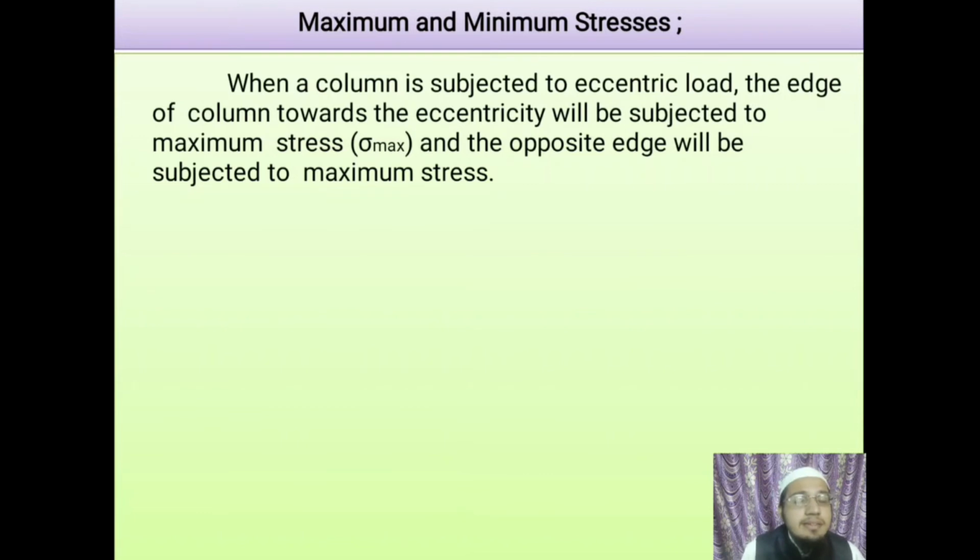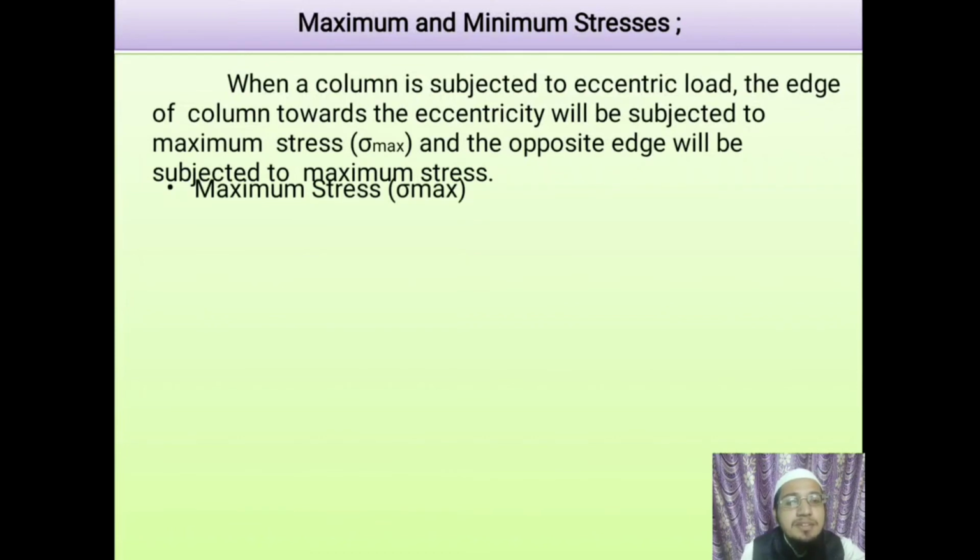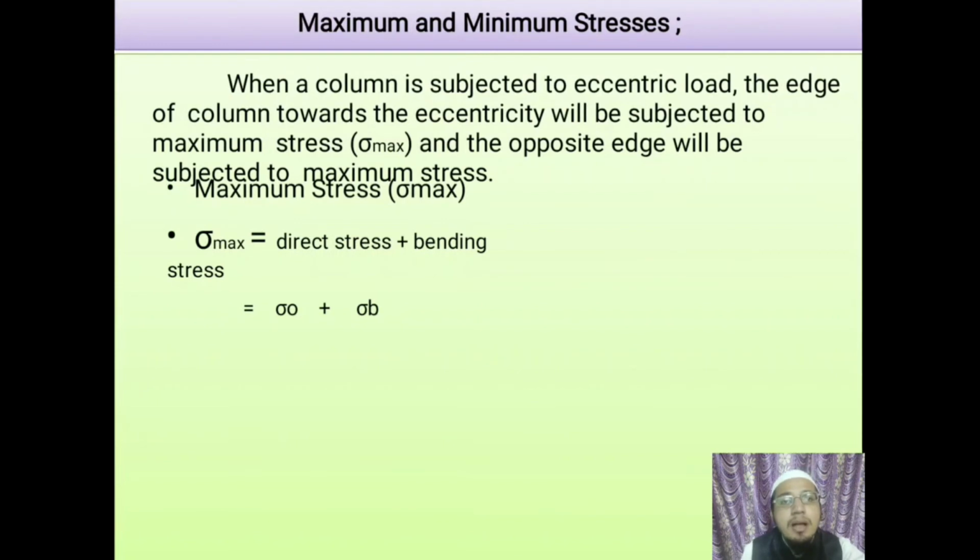Now let us discuss maximum and minimum stresses. We have just gone through it, but we will discuss it once again so that you can remember it. When a column is subjected to eccentric load, the edge of the column towards the eccentricity will be subjected to maximum stress, that is sigma max, and the opposite edge will be subjected to minimum stress. Maximum stress will be equal to the direct stress plus the bending stress, that is sigma 0 or sigma d plus sigma b, that is P by A plus M by Z,